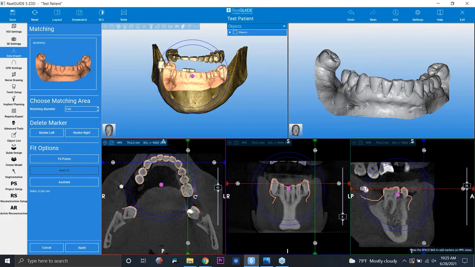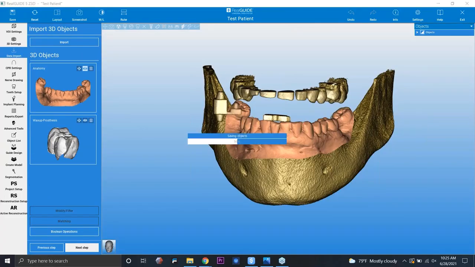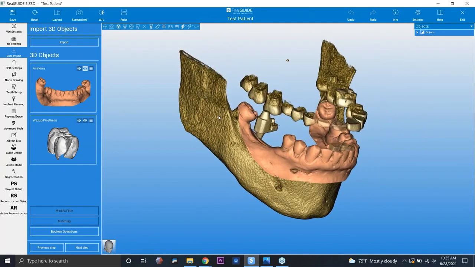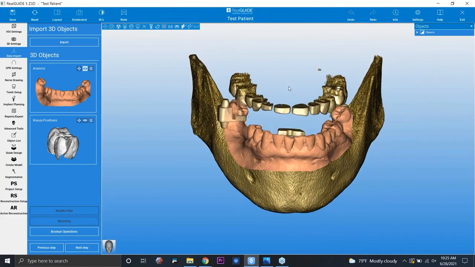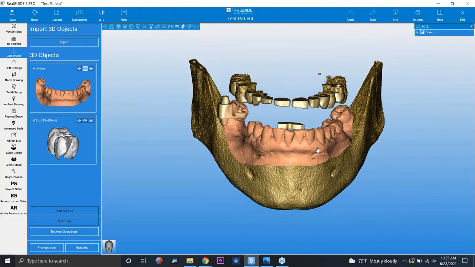But once again, very minimal adjustments were needed. In fact, I don't think any adjustments were needed because that merge was really, really great. So I'm going to go ahead and click apply. And now we have our model confidently registered to our CT, and we're very confident that it's in the proper